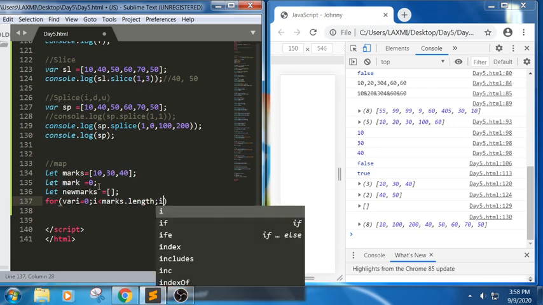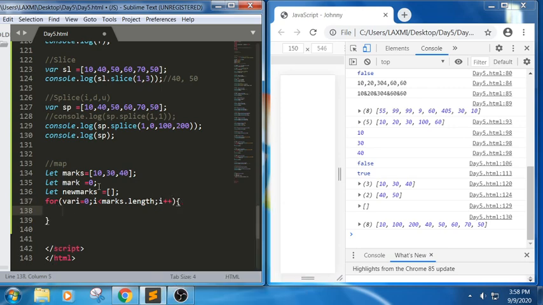It means it is iterating over each and every array element. Now what I need to do is mark equals marks of i plus 10, sorry for this.